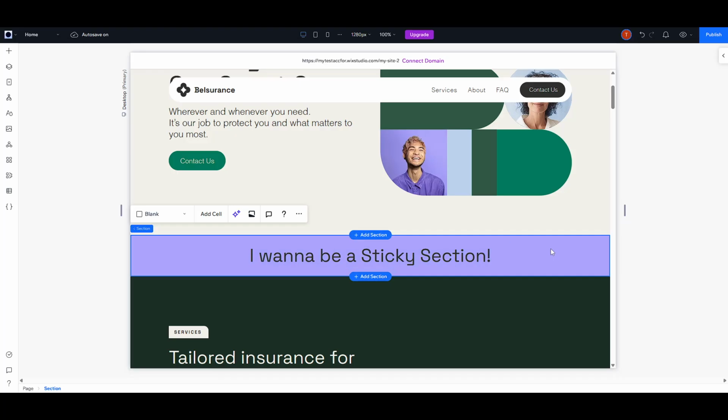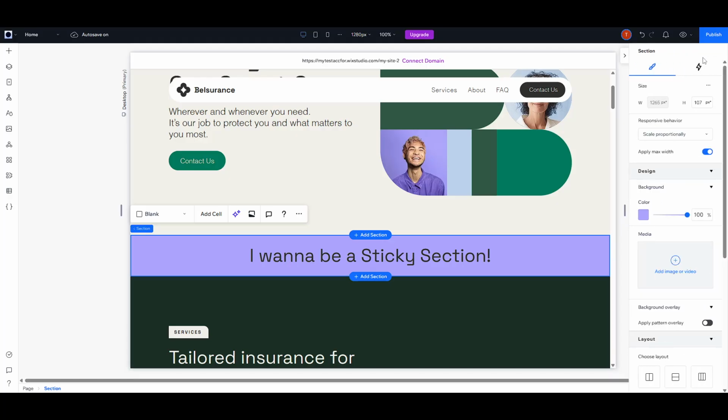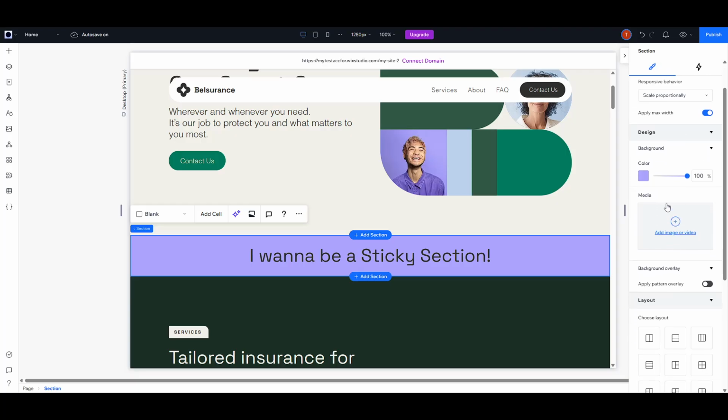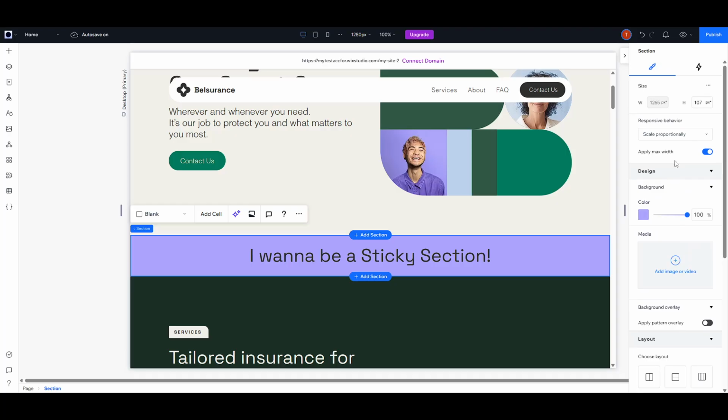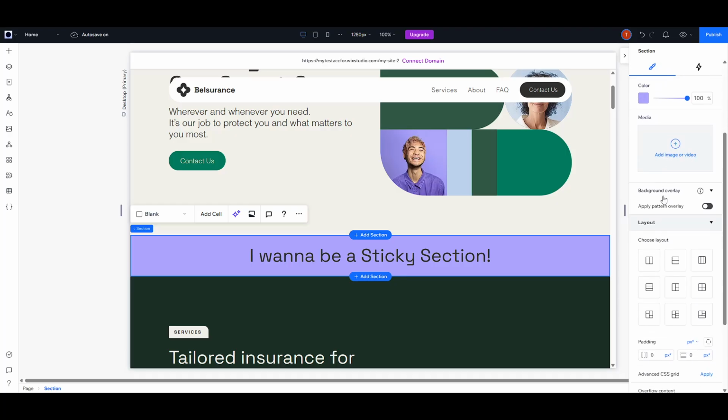Once you've selected the section, direct your attention to the top right corner of the editor, where you'll see a small chevron icon. Clicking this icon will open the Inspector panel, which is a crucial tool for adjusting various settings within your Wix editor. With the Inspector now open, take a moment to scroll down until you find the Position